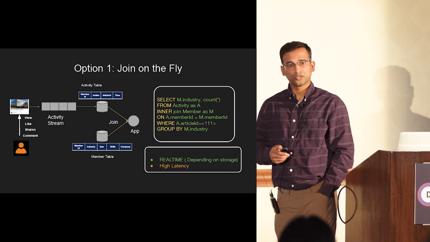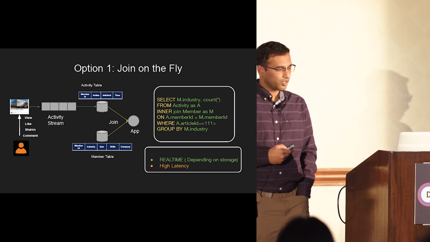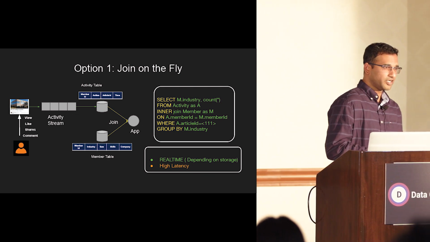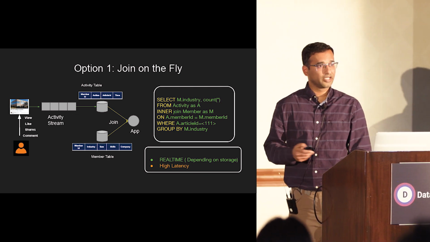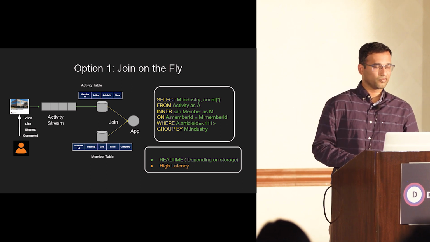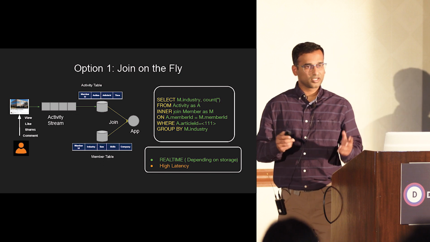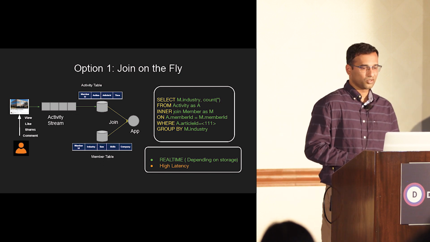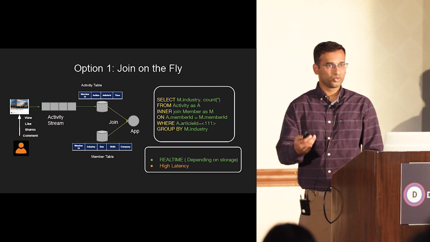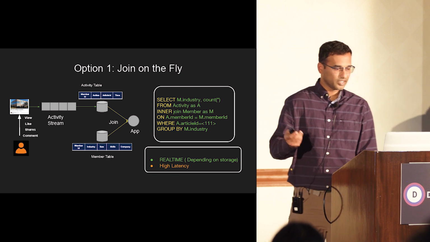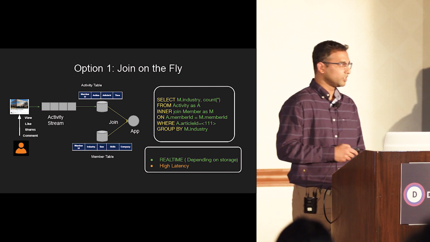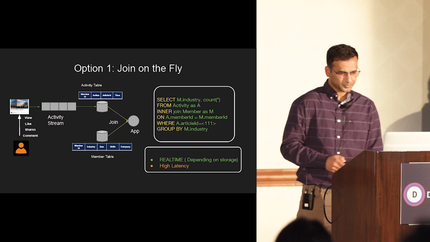So the solution is very simple. This is kind of how the old school way works, or even today, if the data is not really large, you can actually get by with this, where you have an app and you do a join on the fly. So the query is slightly complicated, but you can definitely figure it out. You say, hey, how do I join between the two? You join on the member ID, you pull the attributes of the member, and then you are able to group by the industry, and then you get one of the widgets that I showed in the previous screen.